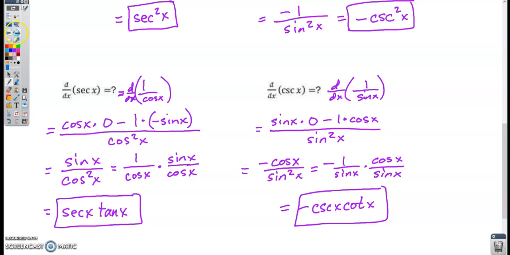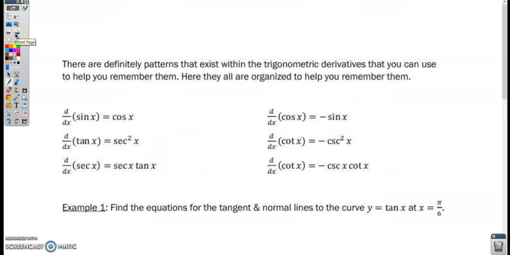If you turn to the next page, you'll see them all listed here. I have these rules organized so that you can see that there are some similarities and some things that will help you to easily remember them. If you notice, all of the non-cofunctions, so the sine of x, the tangent of x, the secant of x, for all of those, when you take the derivative of them, the result does not contain a negative. But for all of the